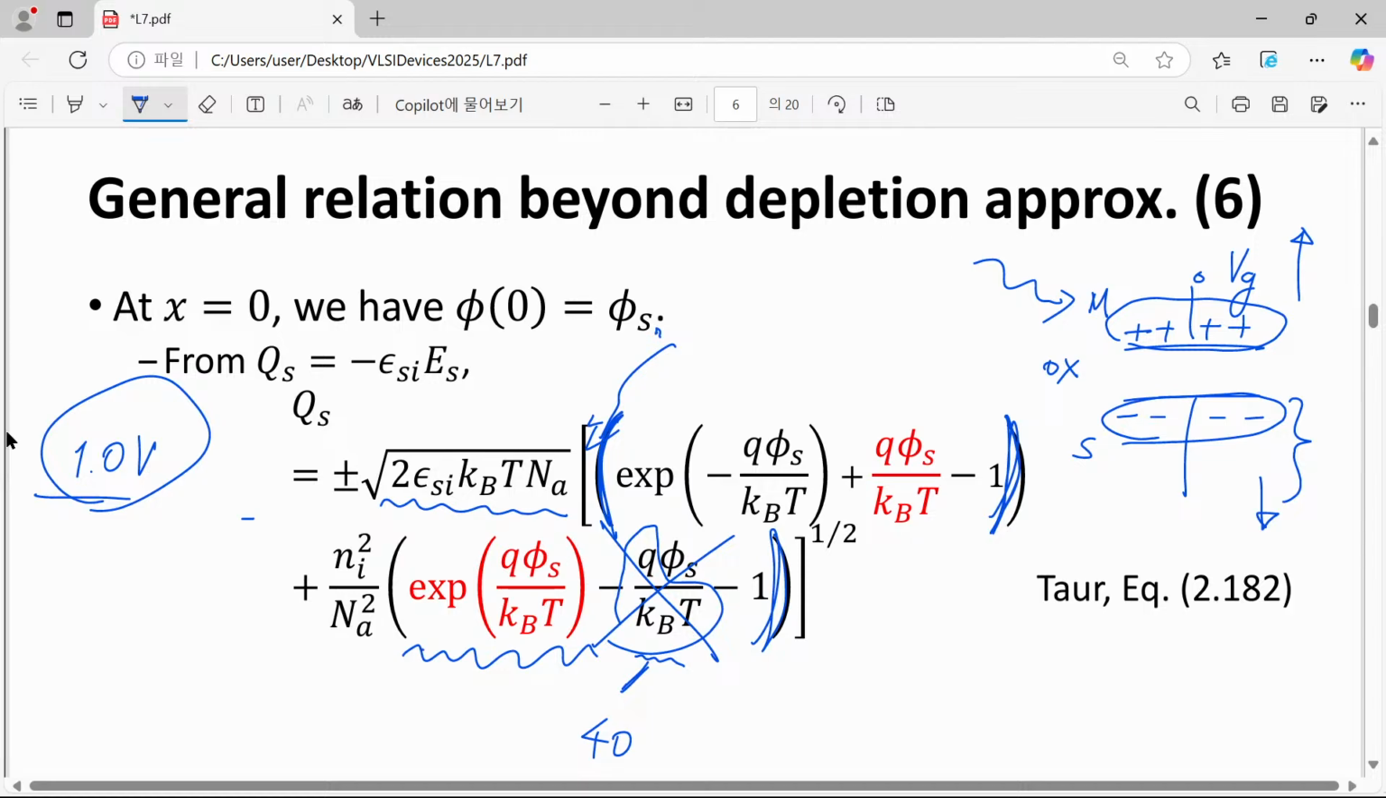However, please think about this one. Here we have another one, an exponential. If we have, for example, here exponential of 40, that can make a certain